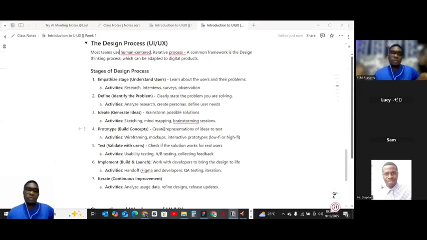Right? It looks like the real thing, but it's not the real one. It looks like it, and then it helps you discover or develop the real one. That's what the wireframe does. So you can see the activities: wireframing, mock-up, interactive prototype.